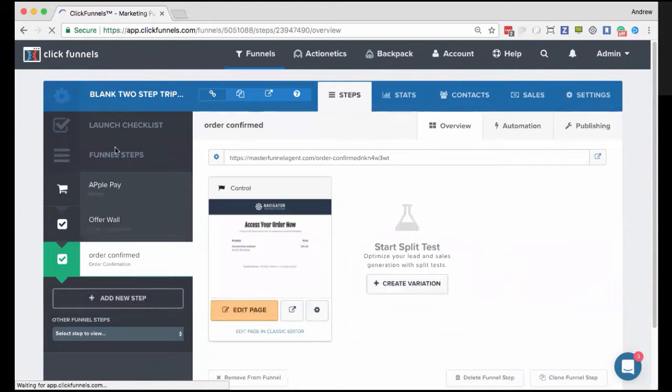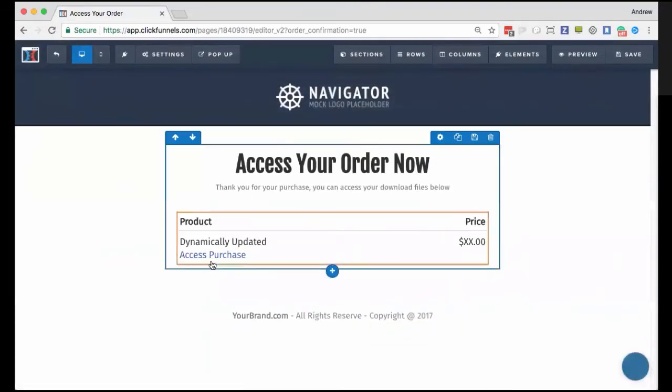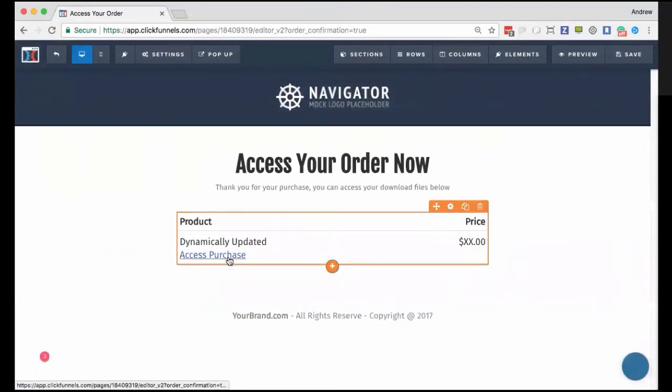But here then underneath the page editor, you'll see where it says access your purchase under the dynamically updated link. If you click that, that will take that person either to the membership area or the thank you page that you have set. So hopefully that helps. Glenn, did you have anything you wanted to share with reference? Awesome. No, that's exactly what I would suggest. Just utilizing the one confirmation page, utilizing the URL redirect as well.